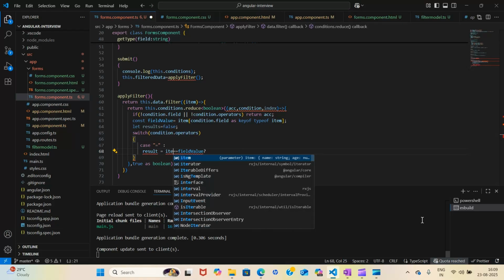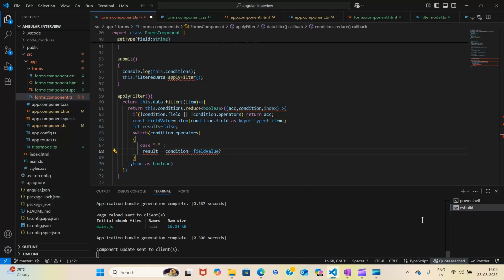Wait a minute, it should be condition dot field, the condition dot value, sorry. Yeah, now this is right. In result I will store what? If condition results, so it should be results. Yeah. Now you can see condition dot value. Okay, so we have this condition dot field according to which we take out the field value, because as a key we use it, so we got the value.